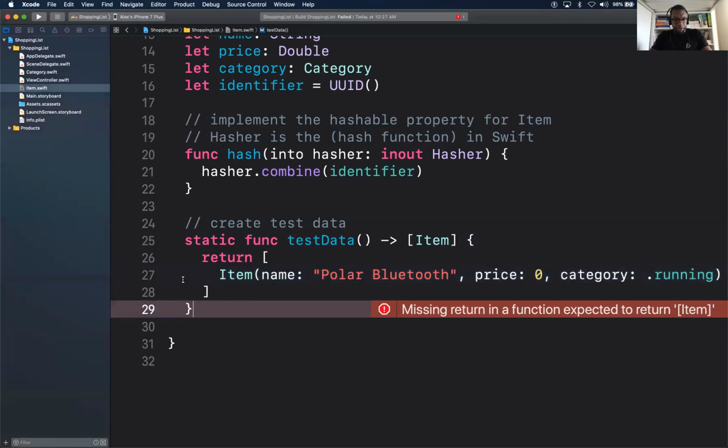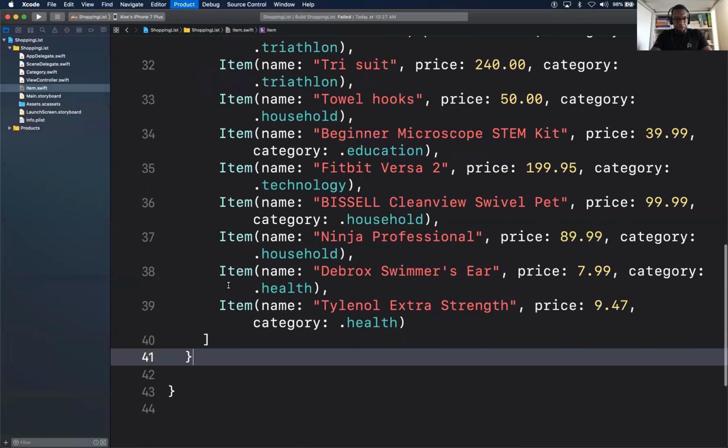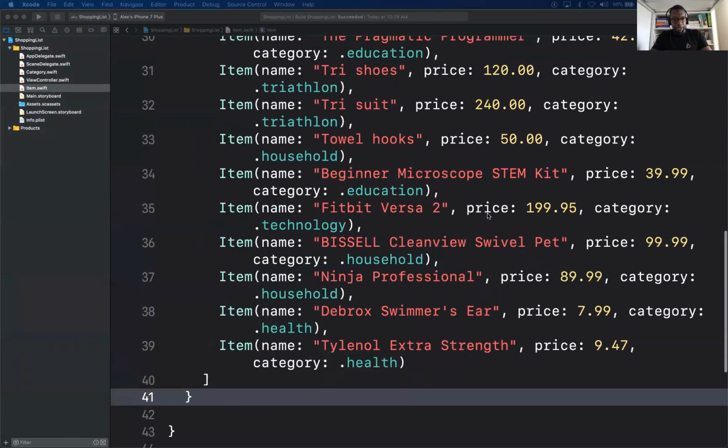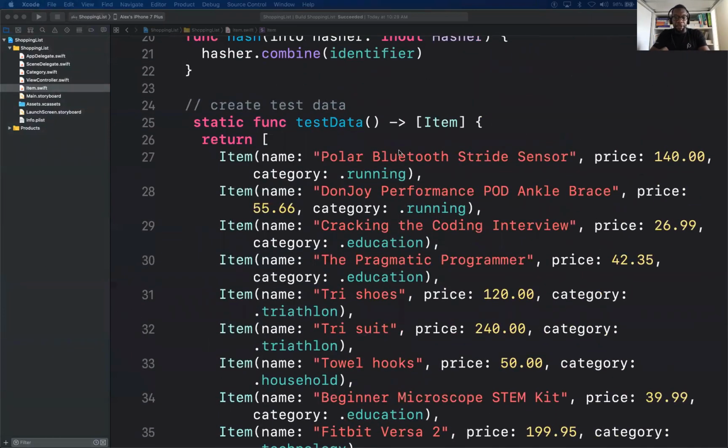Or I could just grab some data here. This is build. Okay, let me just slug that out to you guys so you have items. You don't have to type all that out. There we go. We have test data. So copy that, build it, make sure it builds without errors. I'll pause here to make sure everybody's on board before we continue.